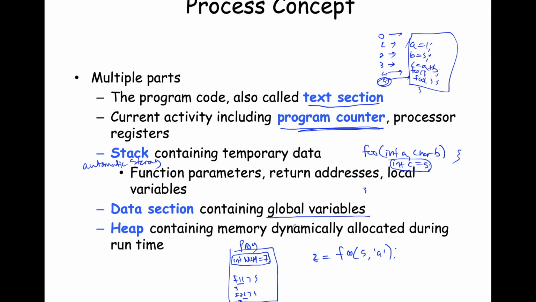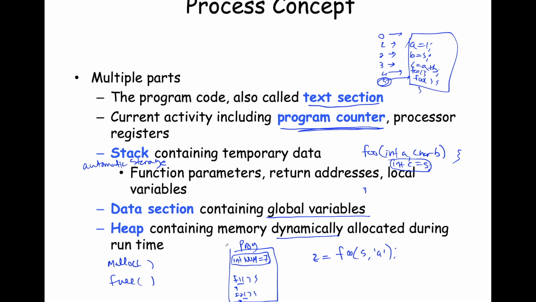Okay, and then lastly, we have the heap. The heap is your pool of memory, and unlike the stack, this is not automatic storage. You have to do everything in order to allocate and deallocate storage space out of this heap. Now, this is for so-called dynamically allocated memory. It's allocated during runtime, so that means there are special statements, and these statements for C are called malloc and free, and these statements will actually allocate space for you dynamically.